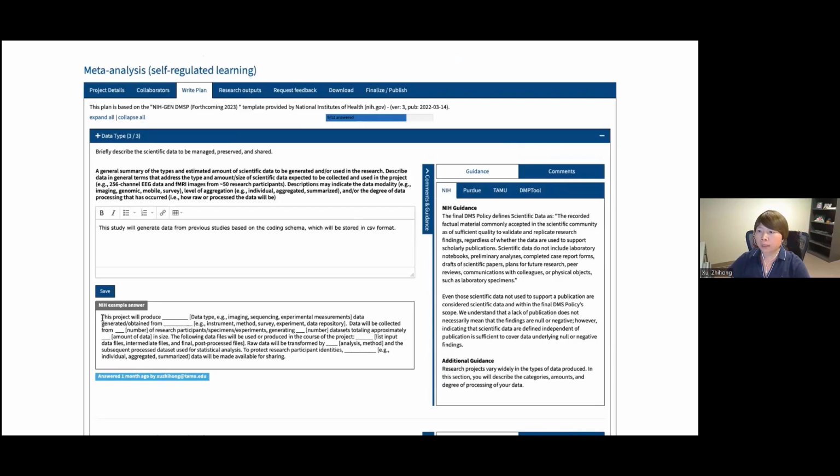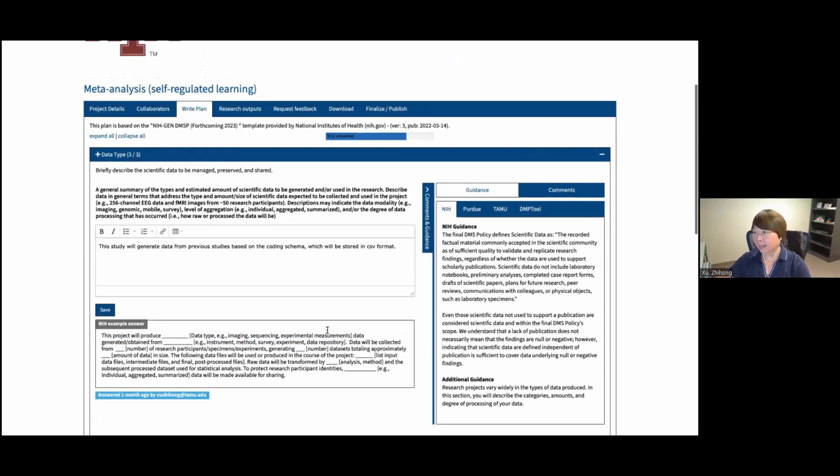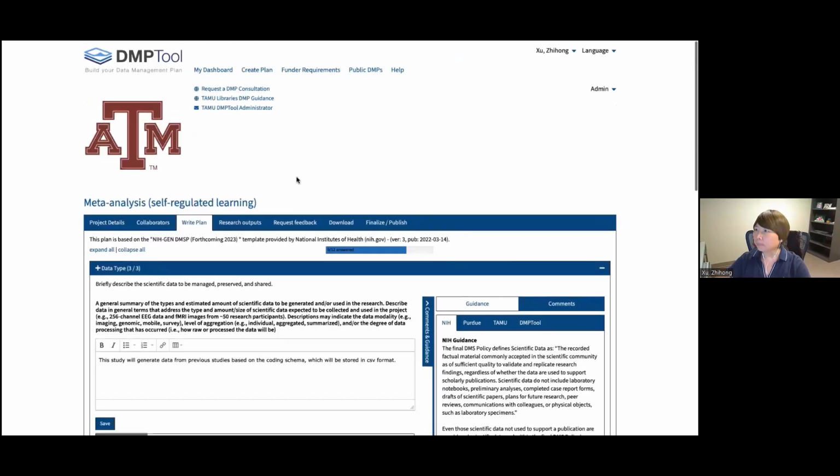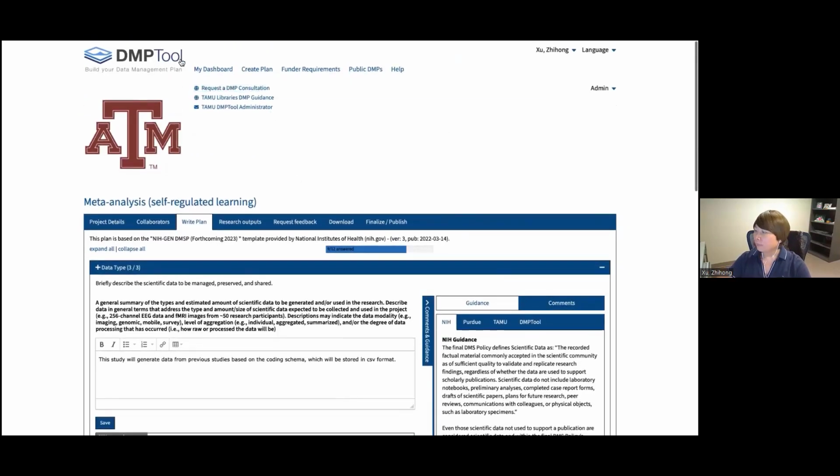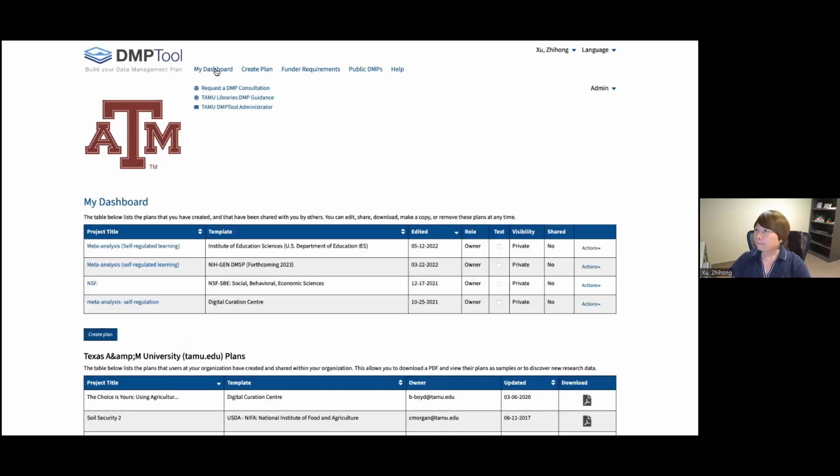This could be a statement to address any of the DMP for any funding agency, I think, as long as you are providing answers on the data type and data format. So if we go back to our IES plan,